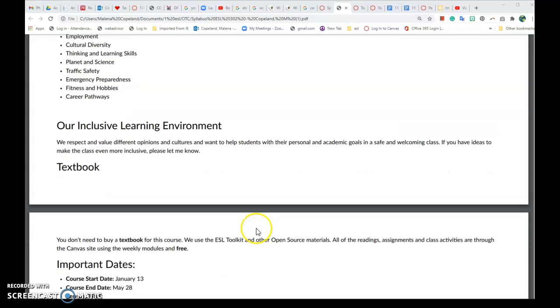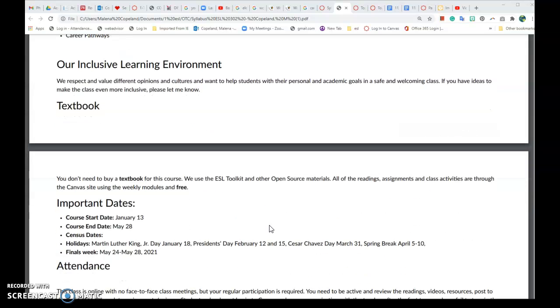This class is free. There's no textbook. We'll be using an app called Canvas. Look for more information in the Canvas shell about how we will be using technology throughout our class, and for more help and information on using Canvas, look out for some of my letters that I'll be sending to you